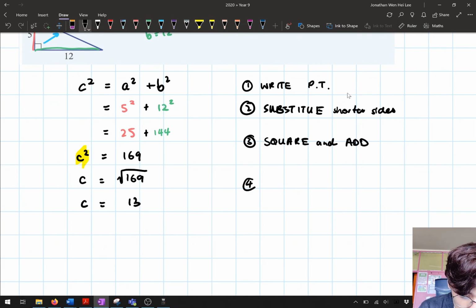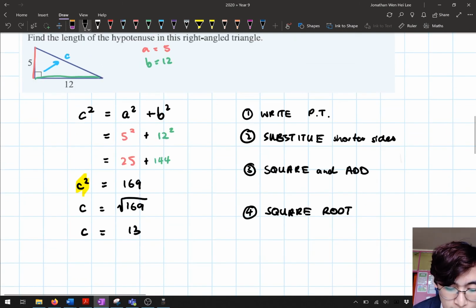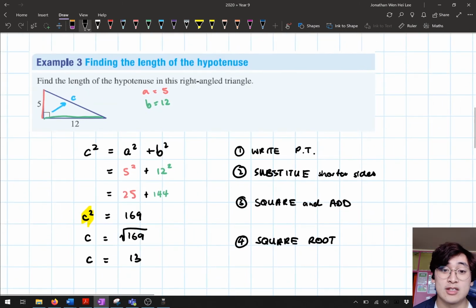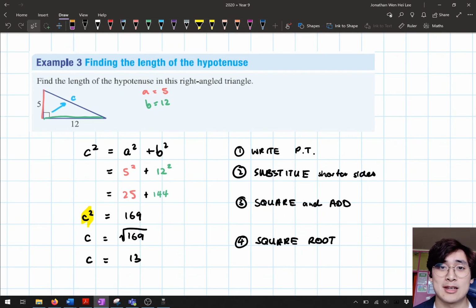And that's step number 4, square root. So there we go. I've applied all 4 of those steps that we've gone through to actually help me find the length of the missing side, the hypotenuse here. Okay,